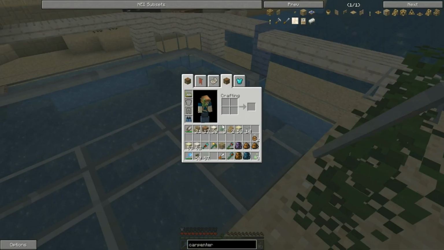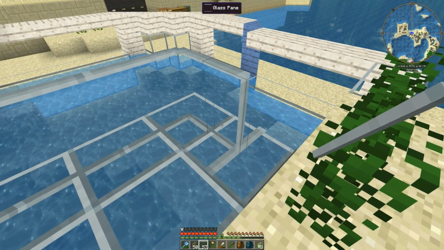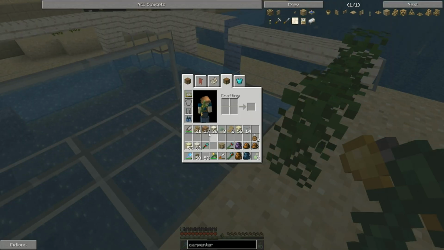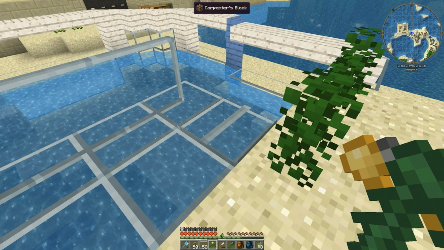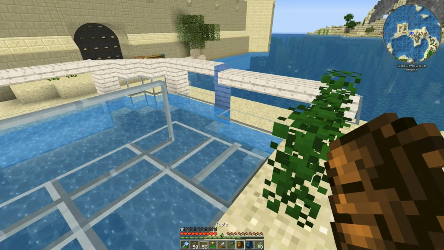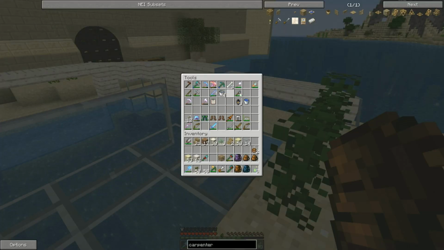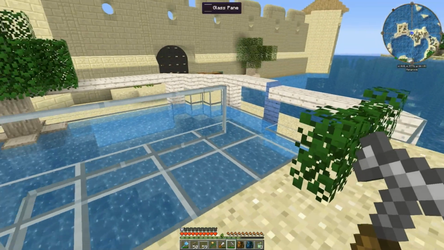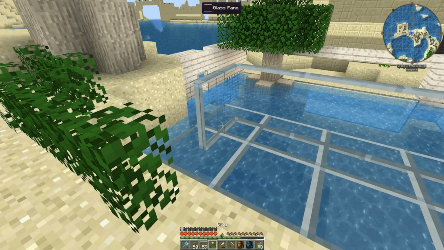Do I have Silky? Yes, I do. Marvelous. And then we'll punch that out. I stuffed that in the chest, didn't I? I'll punch this out with my other carpenter's hammer. I don't know why I have two. Pick that up, and then we will put...